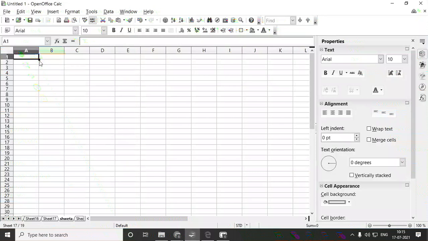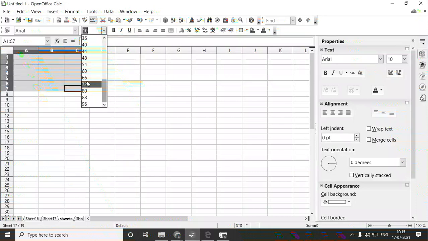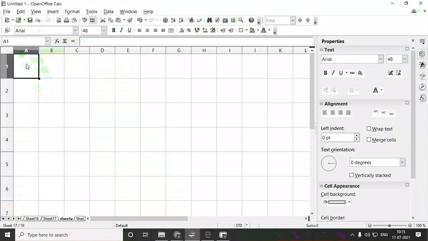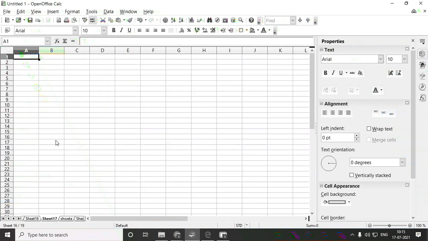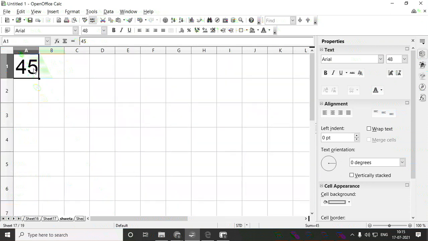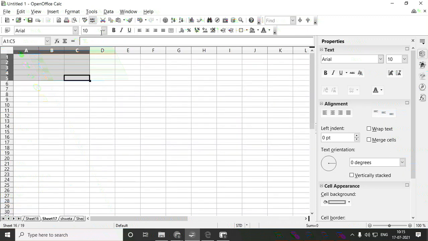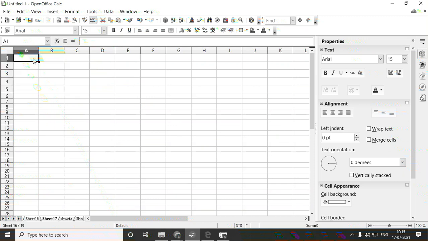What I'll show you here: suppose I type the number 45 here, present in this sheet, and I want that same 45 in one more sheet, sheet 17. So I'll type the equal to sign.